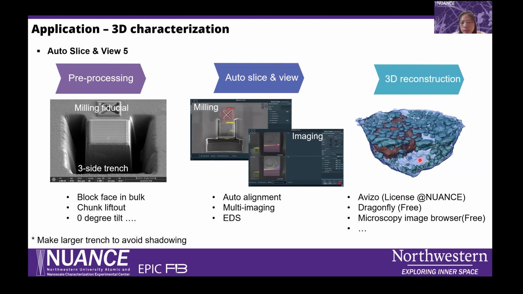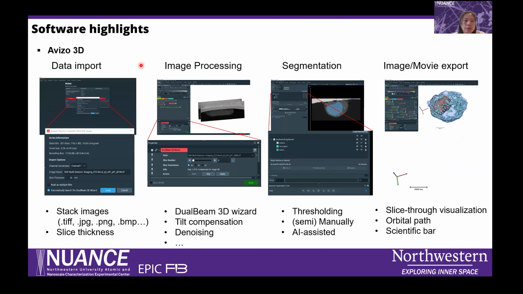There are several software packages that you can use for 3D reconstruction. Avizo, we have a license at Nuance, so you can use it free. And Dragonfly is open source, and there is also Microscopy Image Browser. This is the example where I used FIB-SEM to reconstruct a bone cell structure. And here I show how to use the FIB-SEM to reconstruct the